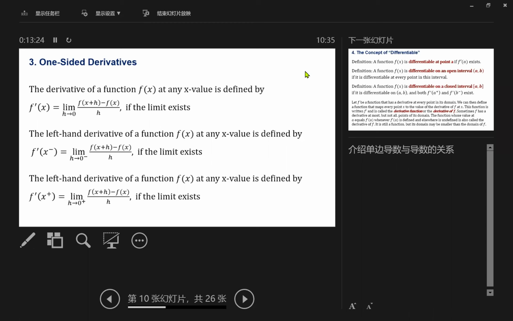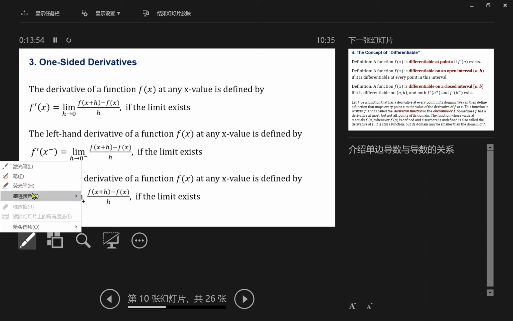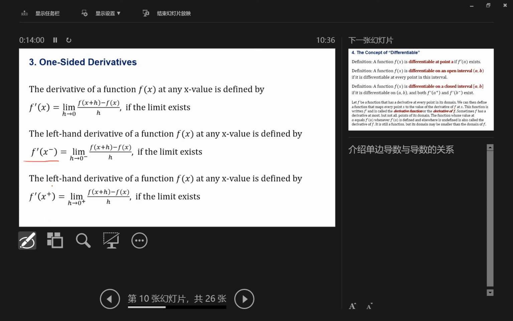Then we can define the left-hand derivative of a function f(x) at any x value by the following expression. The left-hand derivative is defined as the limit of this function as h approaches 0 from the left side, which is denoted by this symbol here. Okay, this is called the left-hand derivative. Similarly, this should be right. The right-hand derivative